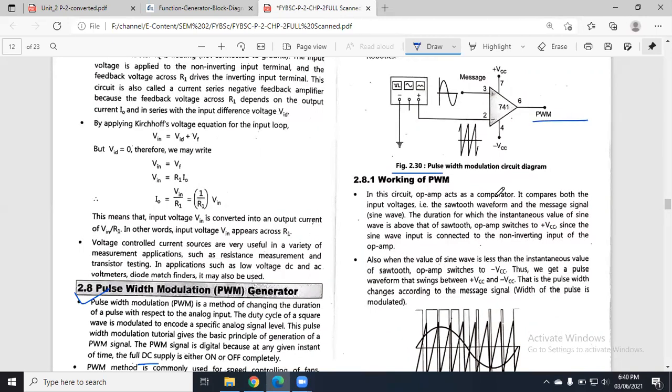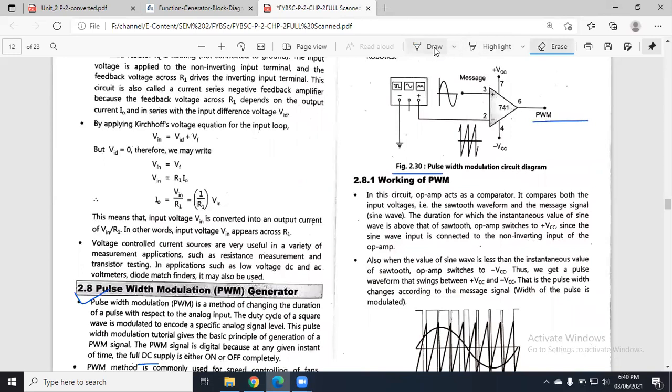What is a comparator going to do? As its name indicates, it compares two things. There are two different signals: one signal is a sine wave, another signal is a triangular wave. So this comparator is going to compare this sine wave with the triangular wave. As we can see, this is not a triangular wave, this is a sawtooth wave. In a sawtooth wave we have a gradually increasing edge and a sudden falling edge.